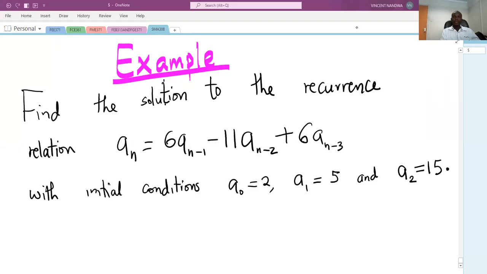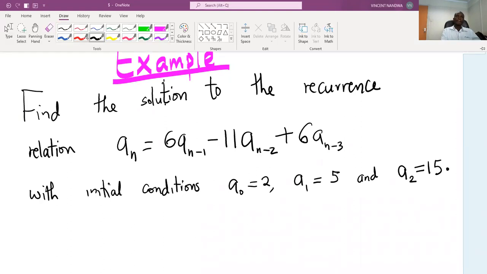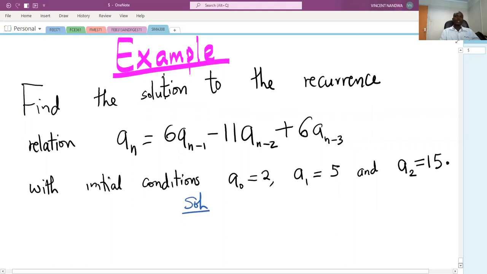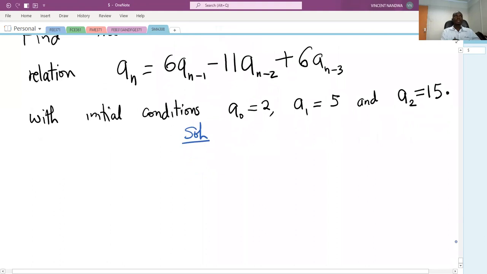Welcome to this session. In this session, you solve an example involving a third order recurrence relation with given initial conditions. So, solution. The first step, we assume that this recurrence relation has a solution a_n equals r to the power n, where r